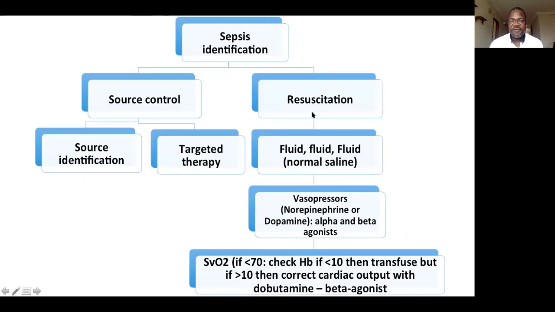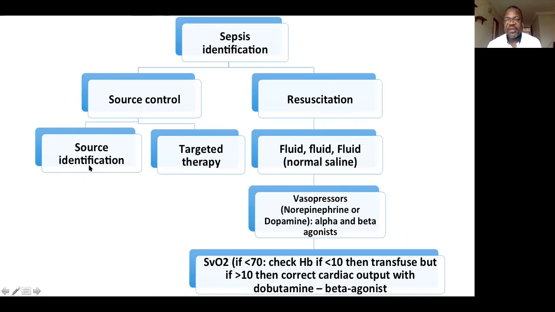So if after identifying that the patient is indeed diagnosed with sepsis, there are two things that you need to do. One is resuscitation with fluid. You have to give fluid, mainly normal saline, to this patient. And the other thing that you do at the same time is to try to control the source of infection